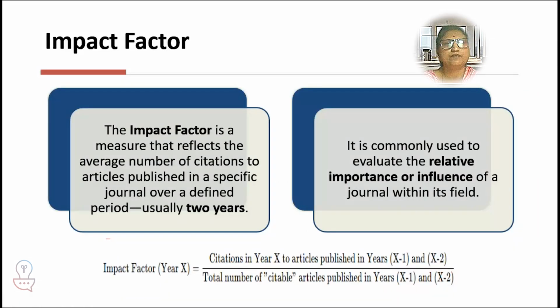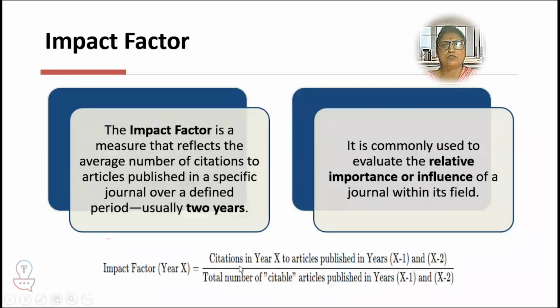The impact factor is a measure that reflects the average number of citations to articles published in a specific journal over a defined period, which is usually 2 years. The impact factor of a journal is commonly used to evaluate the relative importance or influence of a journal within its field. The formula used for calculation of this impact factor is: